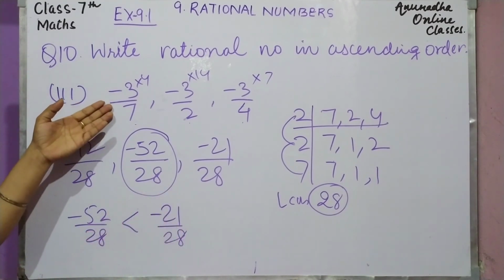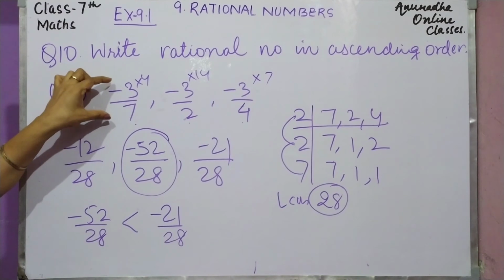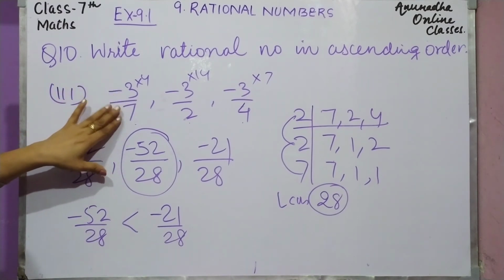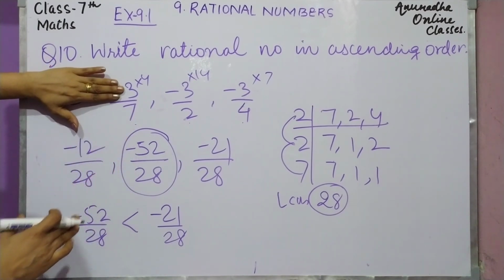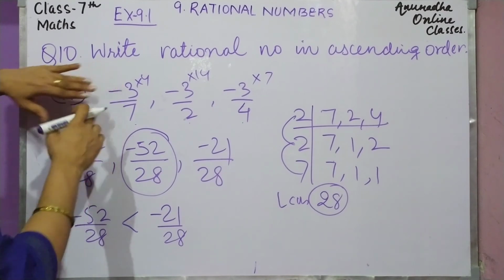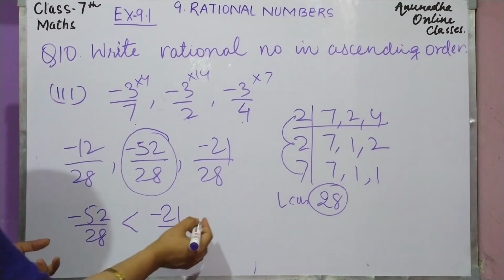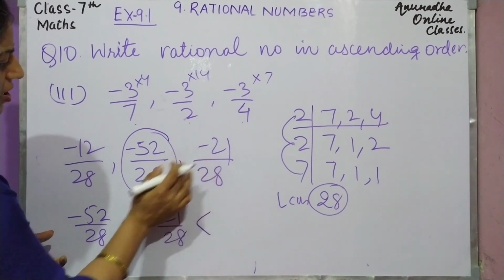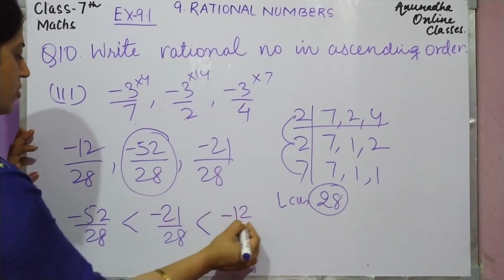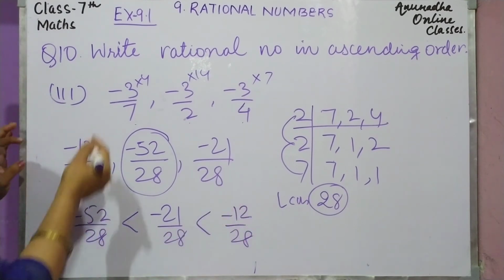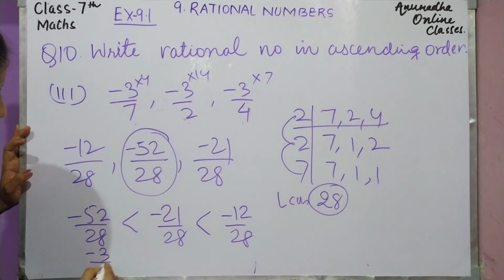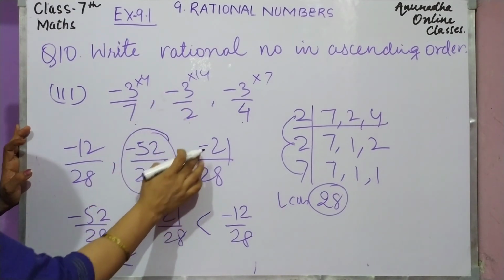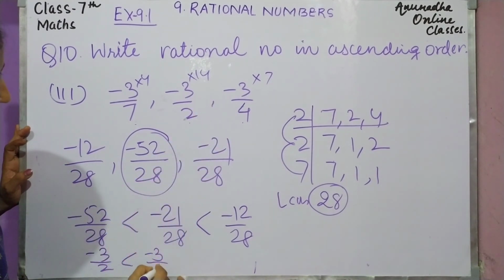As I told you earlier also कि smaller the fraction, smaller, अगर ये हमारा smaller आ रहा था, ऐसे देखने से अगर नेगेटिव साइन नहीं रहेगा तो क्या होगा, 3/7 इज द स्मॉलेस्ट वन, मीन्स नेगेटिव साइन रहने से वो ग्रेटेस्ट बन जाएगा. तो विच इज द ग्रेटेस्ट, दैट इज -3 नहीं लिखेंगे हम, क्या लिखेंगे, -12, दैट इज -12 by 28. Now just change it and write the original number. If you want to write, just write the original number. First is what, -3/2. Next is what, -21, which is that, -3/4, and third one is what, -3/7, right?